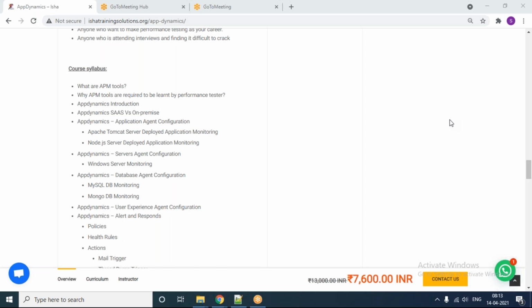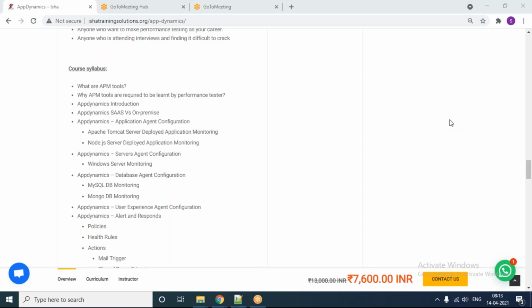What they will assume is to go with a certain user load, something like 100 user load, 200 user load, 500 user load. They'll assume certain things. So why I ask this question? That assumption sometimes goes wrong also. The assumption that you are making, sometimes it goes wrong. So how do you identify whether the assumption is going properly or not?